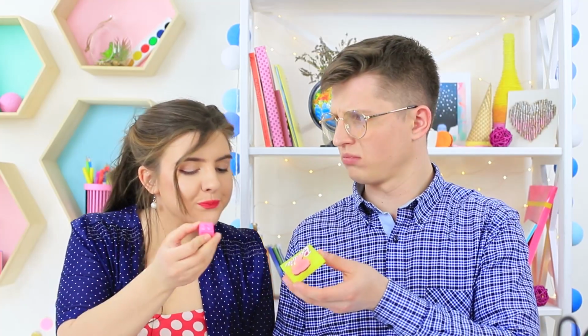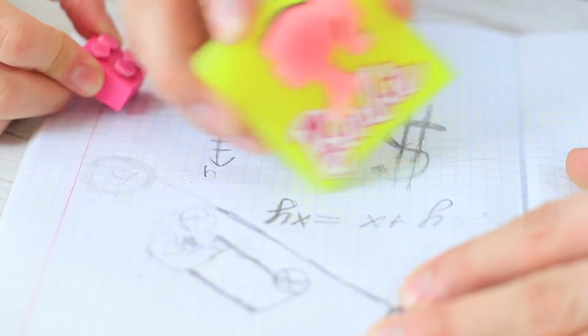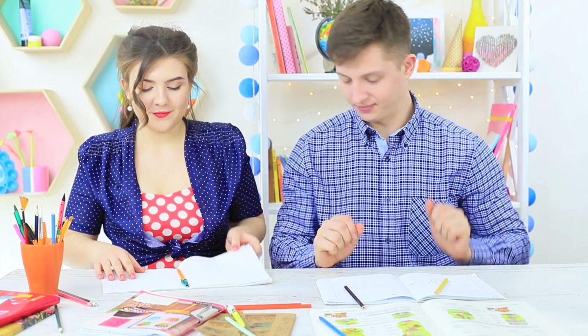The students erase boring formulas in Ben's notebook with their fun erasers. Because correcting mistakes is also a fun game. Ben learned his lesson. Childhood wins. The Barbie eraser wins this round. The score is 1-1. The students are done with notes, and they start playing with their favorite toys on their